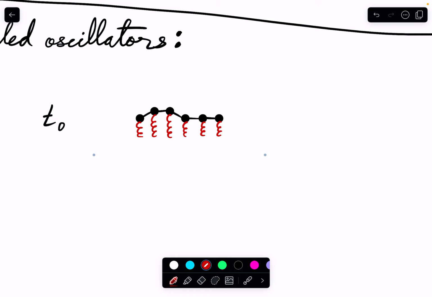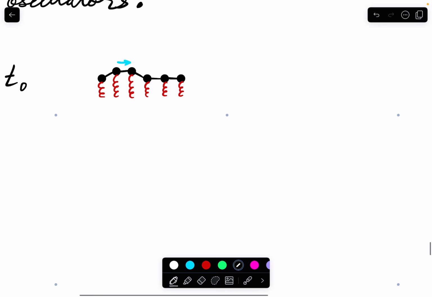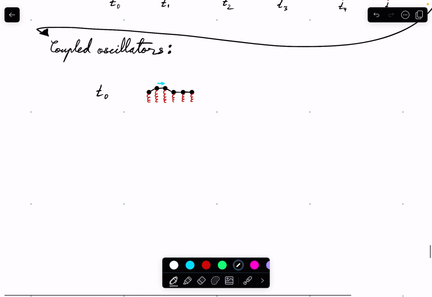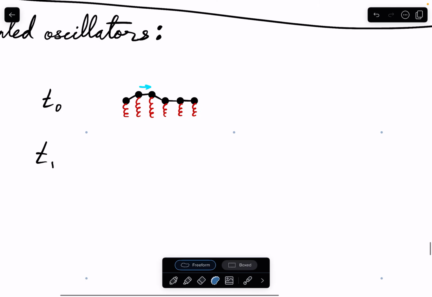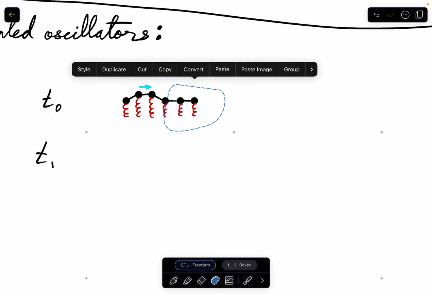And if we suppose that this kind of excitation, where the oscillators are a little higher relative to the oscillators around them, has kind of a linear momentum of sorts, then as this evolves in time, we can go to T1,